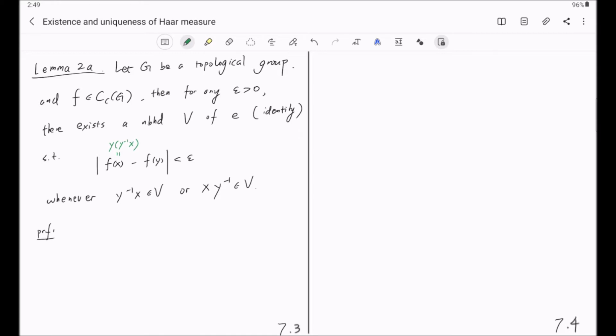And as a result, you have the following reformulation, which says this absolute value is less than epsilon whenever y inverse x is in V is equivalent to